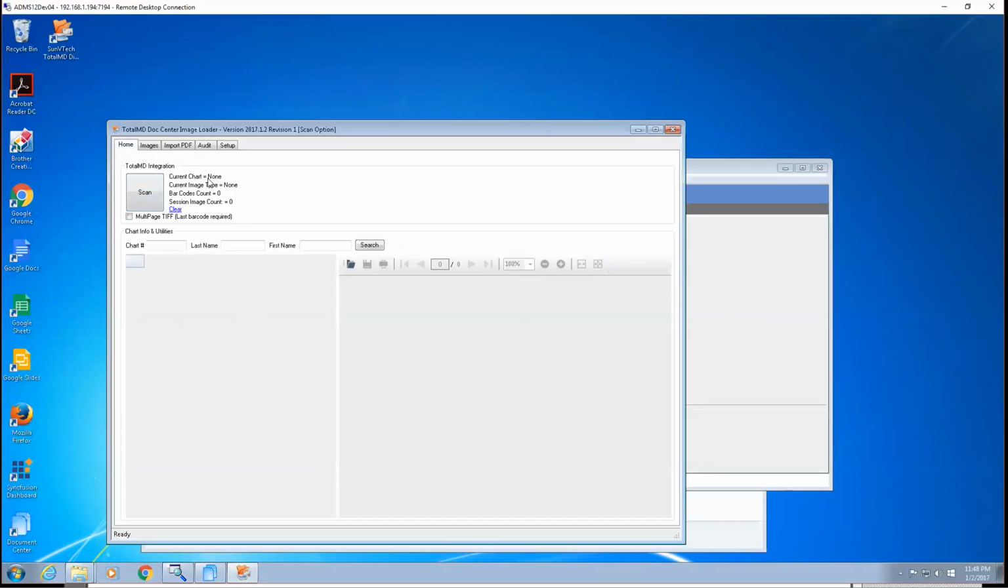So to scan, of course, you want to eventually hit the scan button. But before that, keep in mind that this is a utility that's meant to scan in documents from multiple charts. Within each chart, you might have multiple document types. Within document types, you might have multiple pages. So for example, if we have patient name Billie Jean, here I can search by last name, first name, or chart number. I would then select the chart and